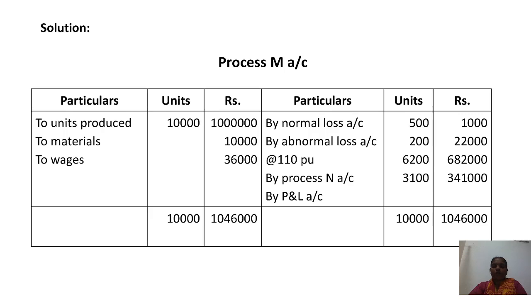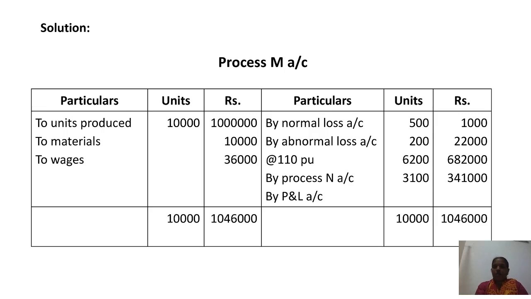First we shall open the process account. In the process account, we have to open three processes, M, N and O. In process M, first we have to start with the materials issued to the particular process. So how many units are issued? 10,000 units multiplied by rupees 10, we get